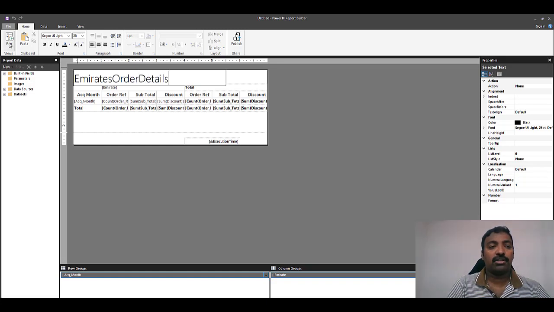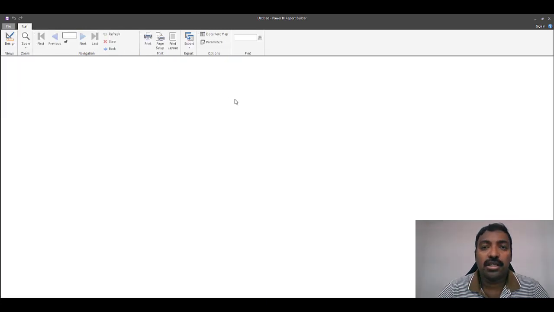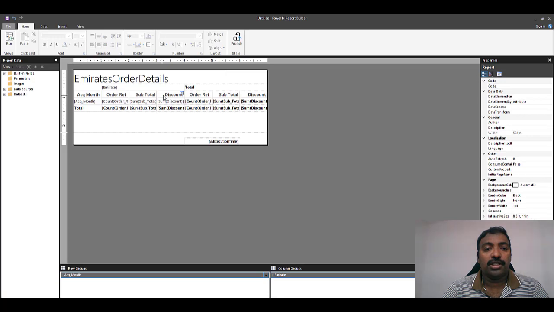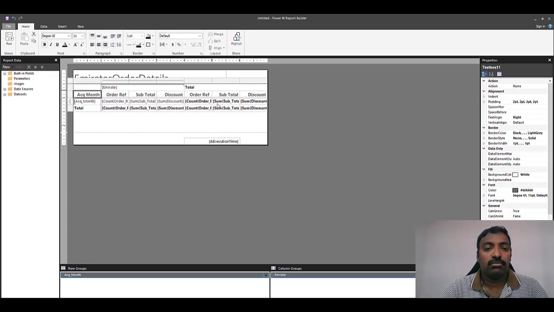run for a test run of the report, and you will be able to see the data nicely shown in your report in a matrix format. Basically it does the pivoting of data based on the column and the row groups that you have selected in the wizard. So as you see, it gives it in a nice little matrix format with the total in the end. Of course you can add more design to it. You can add some borders inside so as to identify each of those columns.